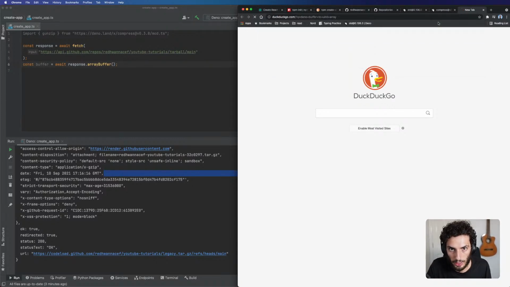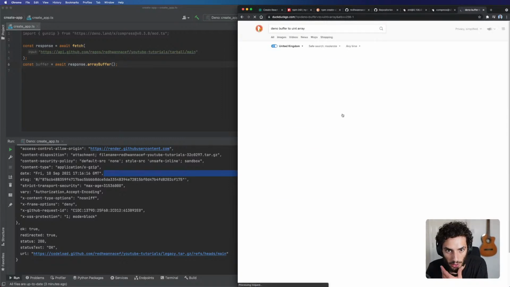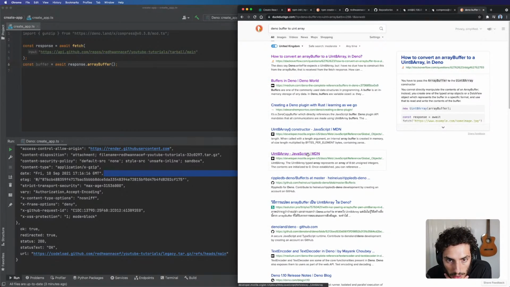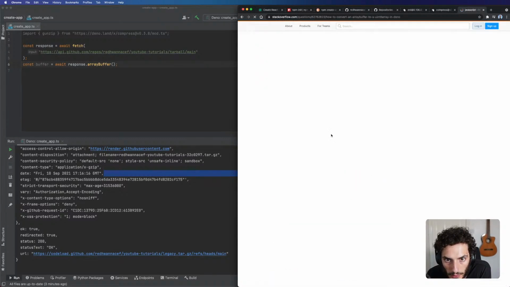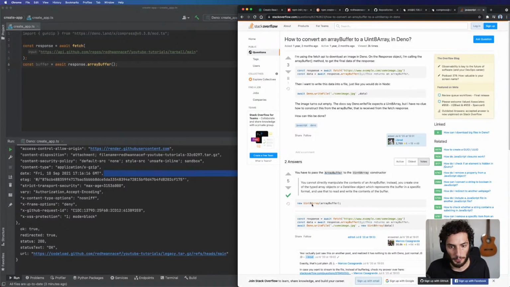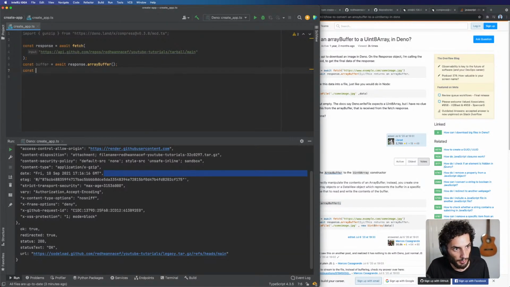And I think there definitely is a way, because I looked into this before, you'll see a lot of purple links here. I think it was just new Uint8Array, yeah, so that should be fine. So let's do Uint8Array, and that just takes in the array buffer. So we now have the buffer. Now we can hopefully use this gunzip. So let's call this